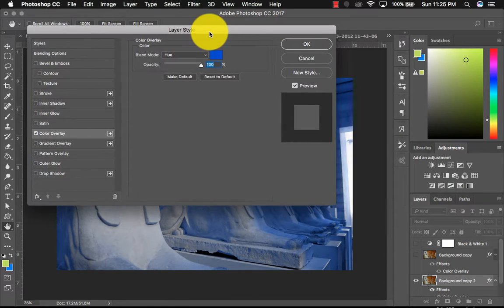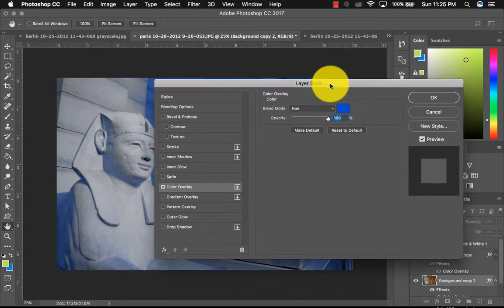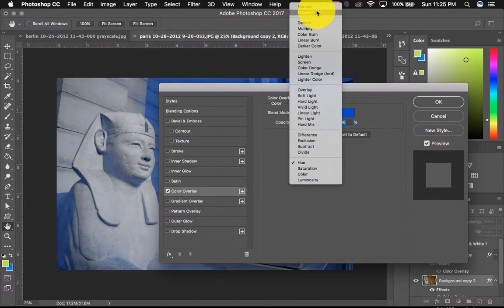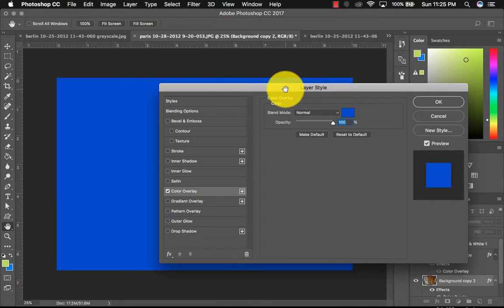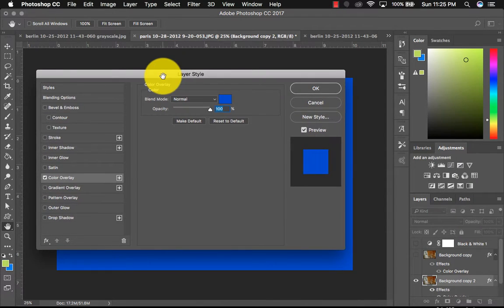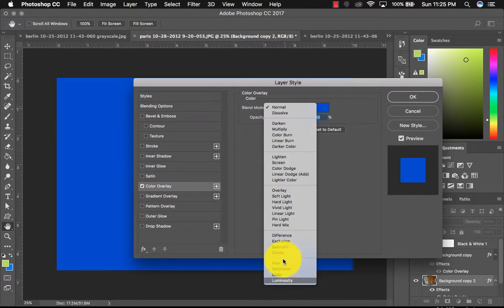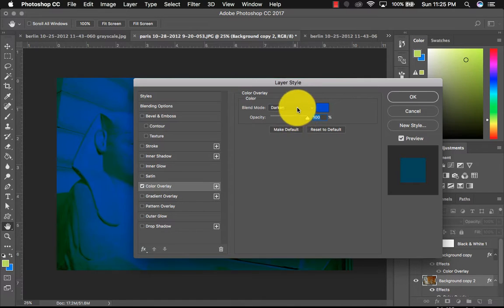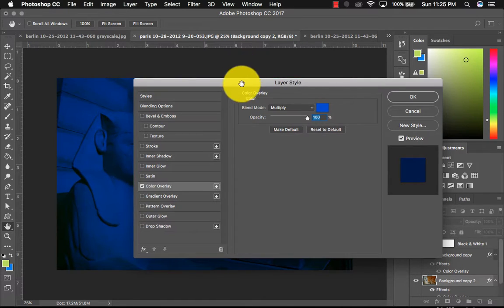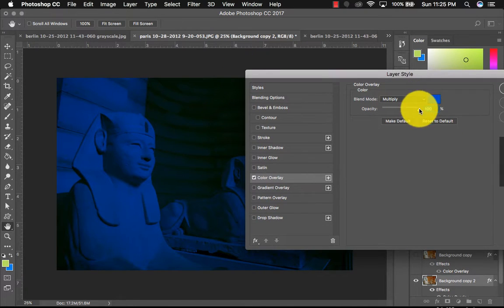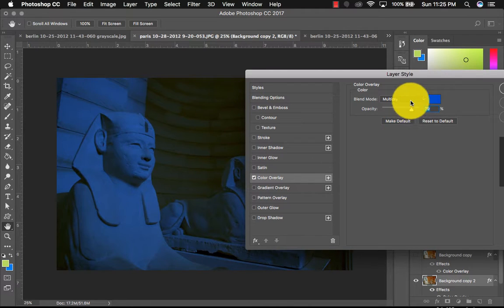Select the color that you want to use, and by default it's probably going to be on normal, so when you do this your screen will turn blue and you're like, oh no, where'd my image go? And that's where you change your blend modes to different functions to do what you want it to do for your image. Okay, you can also just adjust opacity here as well,